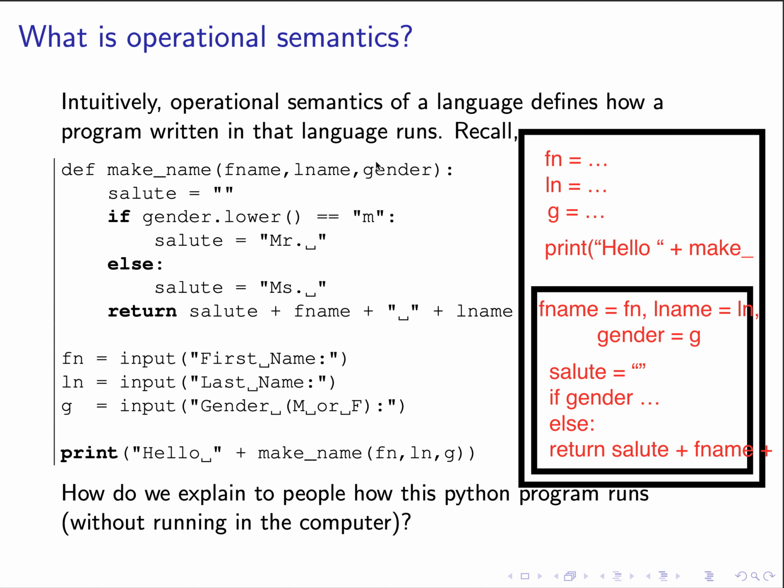of the main program, which is first we define the function makeName, followed by the input statements, where we capture the first name, last name, and the gender, followed by the print statement, executed in this order. So when it comes to the point where we try to call print hello, and intuitively we call the user-defined function makeName here, we have to create an extra call stack frame, and by binding the formal argument fname